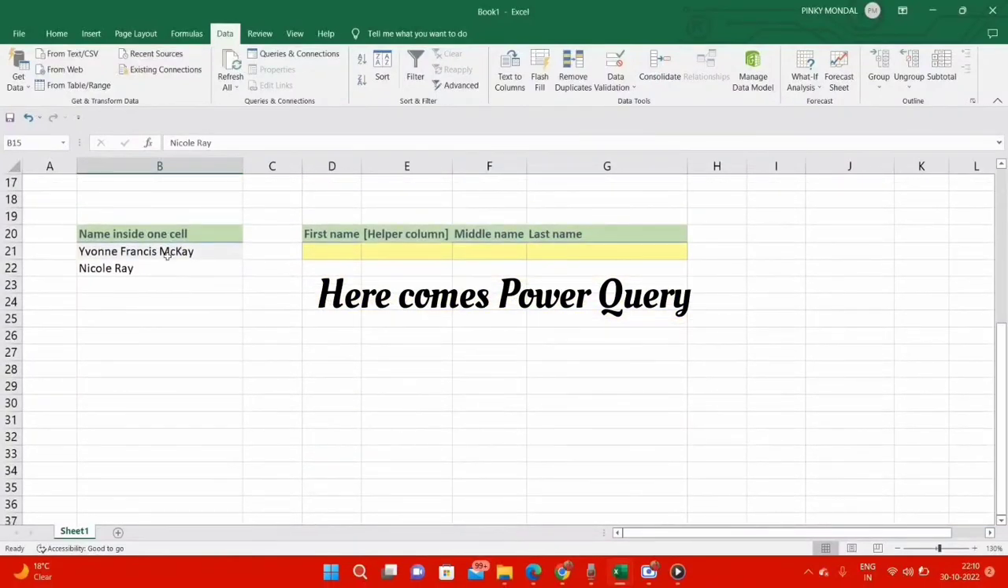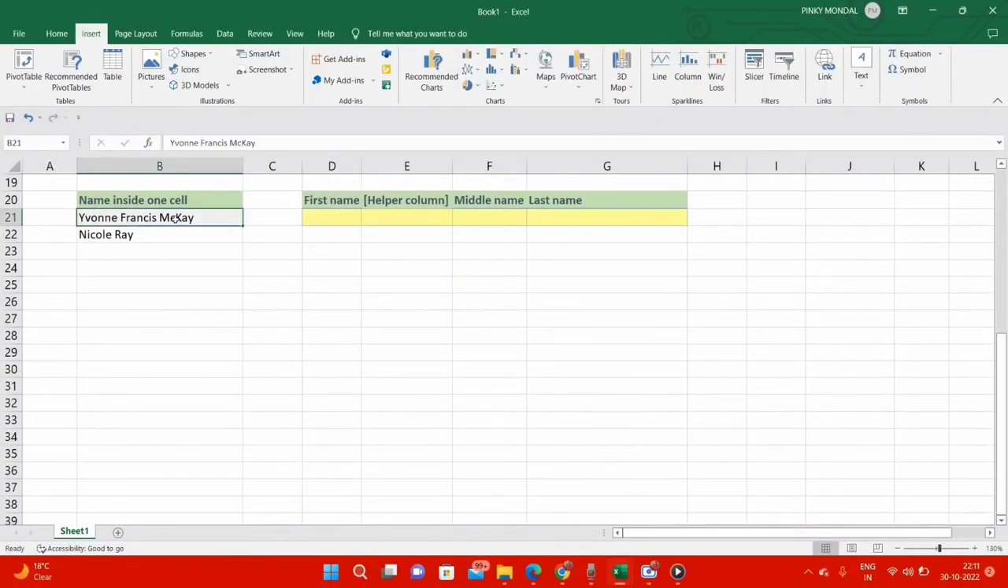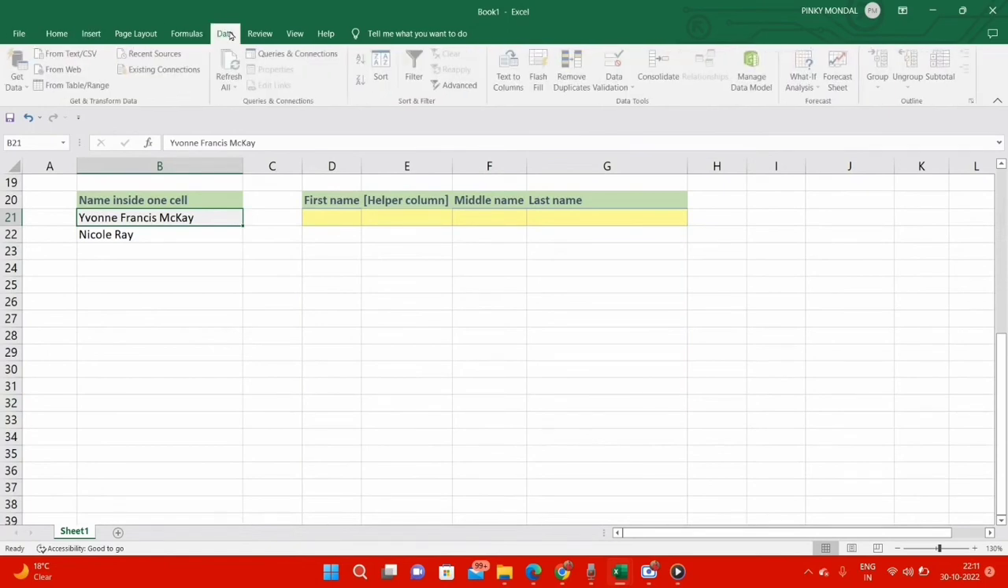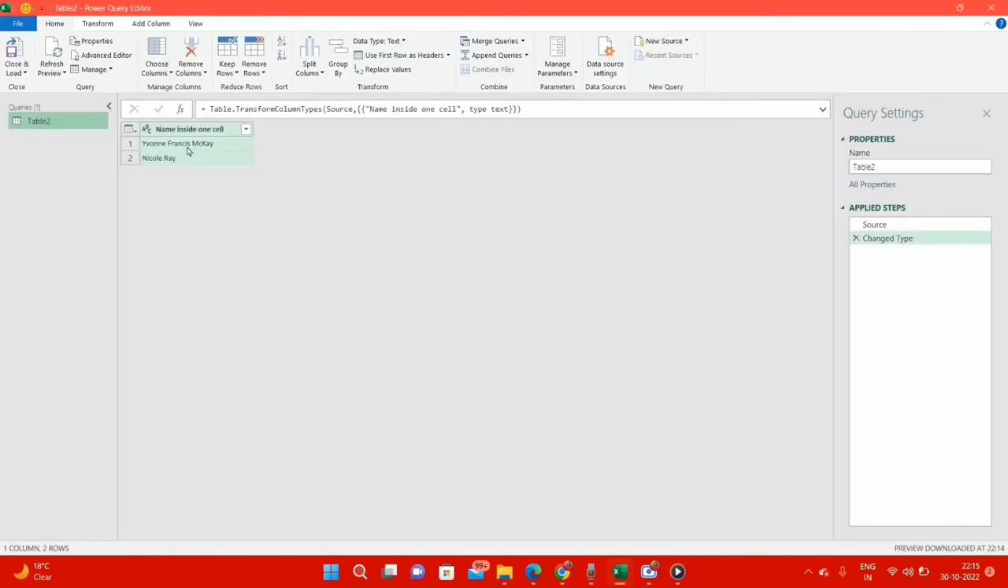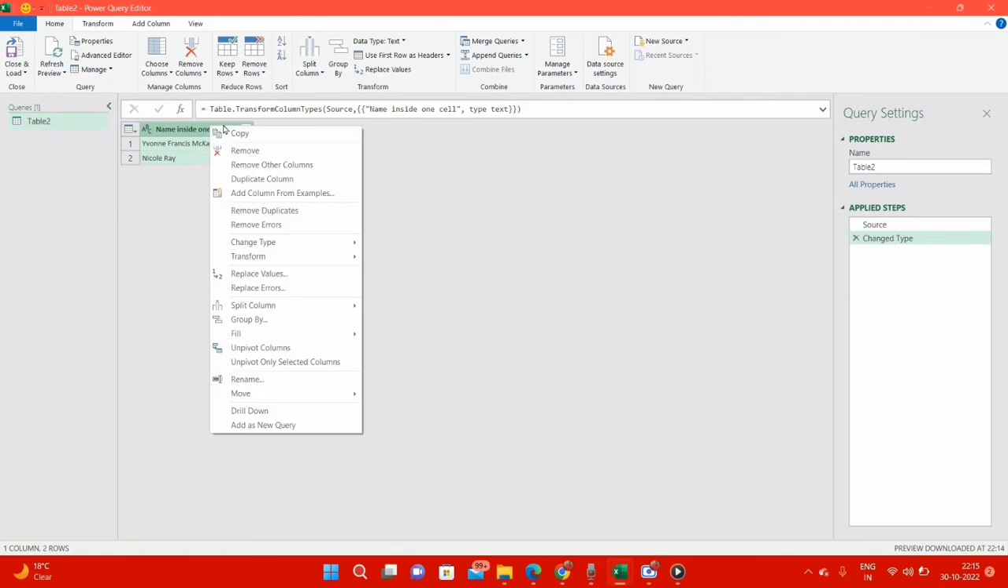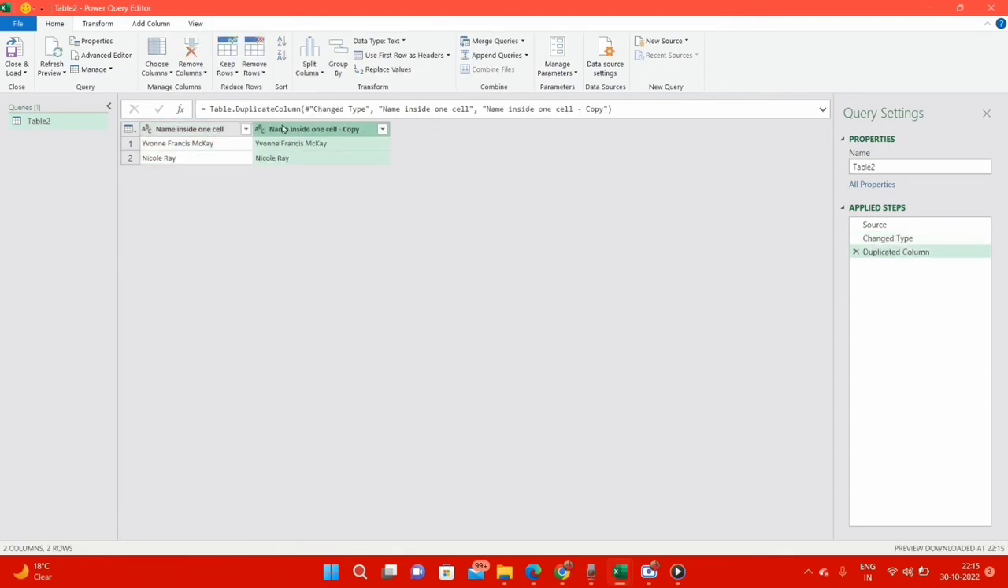Let's see how it works with this example. Click on any cell from the source column, click on Data, click on From Table/Range. It's showing the data source, which is correct, and my table has headers checked, so click on OK. It has opened the Power Query table. Now instead of splitting the original data, I want to split separately, so I will duplicate the column. Right-click on the column, then click on Duplicate Column, select the duplicated column, under the Home tab, click on Split Column,